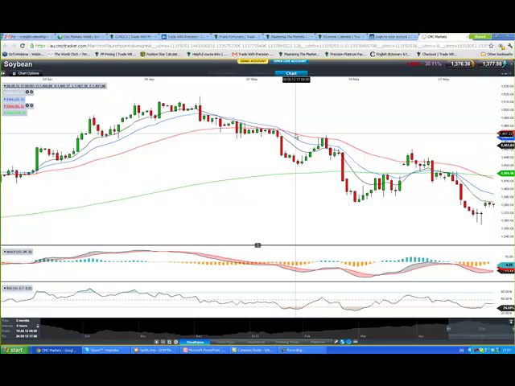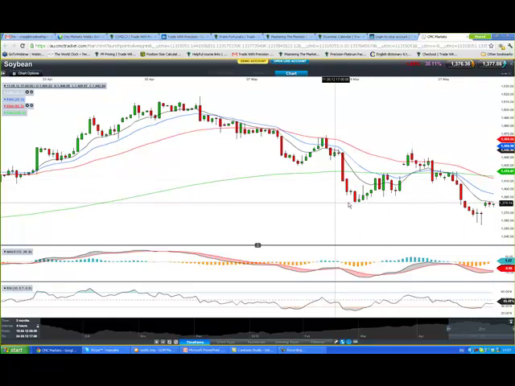Once we got in that correct order and the averages were fanning, what happened was price pulled back into these averages. Red candle, moved away. Back into the averages, red candle, moved away. Back in, moved away a little bit. It's pulled back in, and it's got a little bit messy in here. It's sort of gapped up, went a bit sideways. Now what we've done is we've come down. We've got the moving averages all in the correct order once again. We've broken through these lows, and the downtrend has resumed.